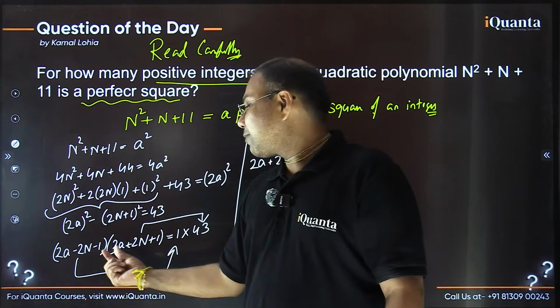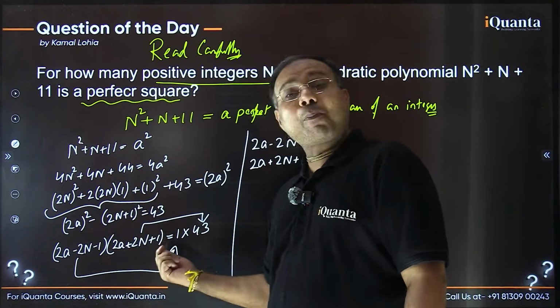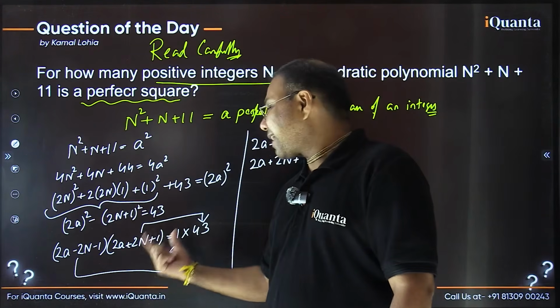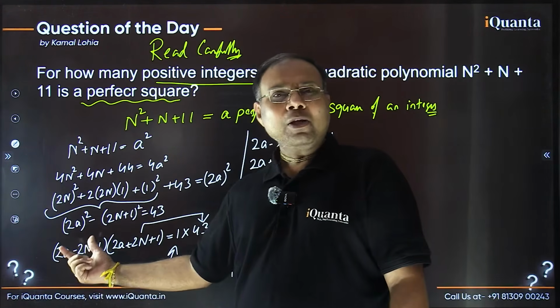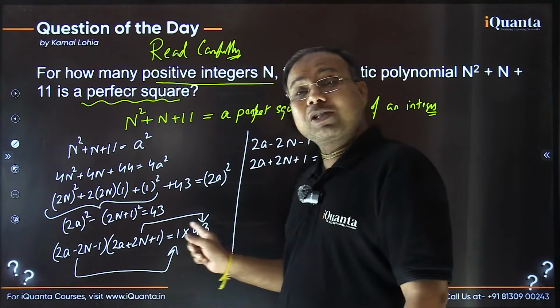Because from 2a we are subtracting some term, and in the second bracket the same term is being added to 2a. So certainly the second one is greater than the first one. This is smaller. So when I'm writing this 43, this right hand side, as a product of two positive integers,